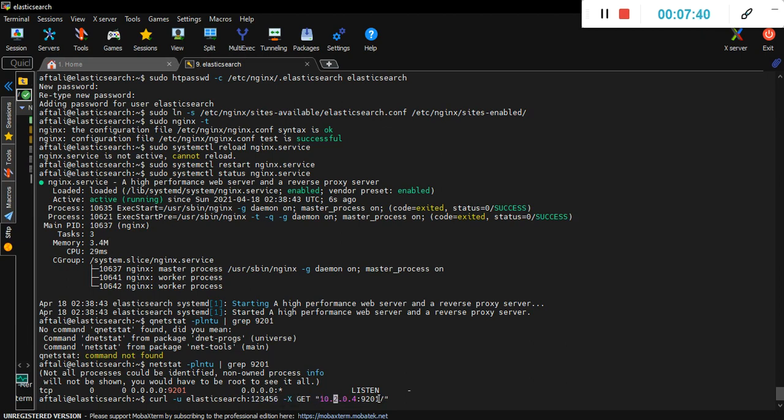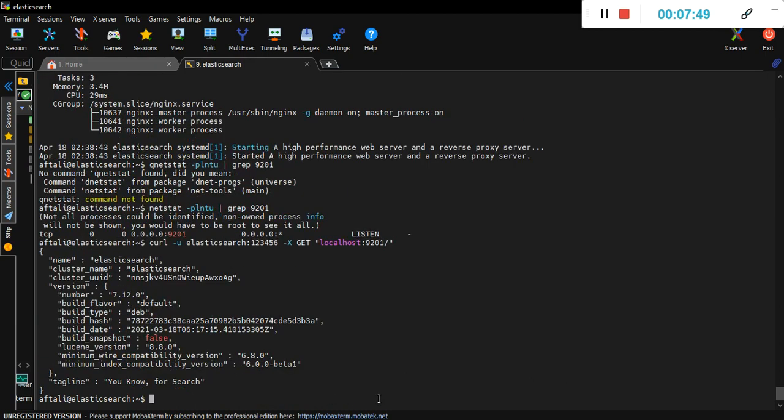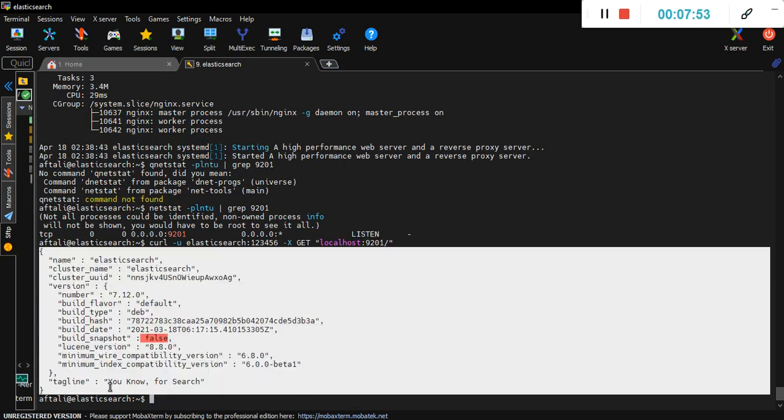And here you need to update the IP address of your machine. So I'm going to use localhost. So we are getting the result from Elasticsearch using the reverse proxy. And so our configuration is successful.